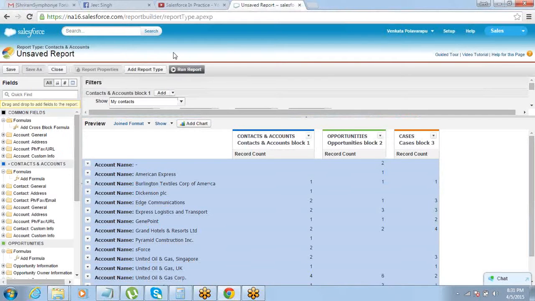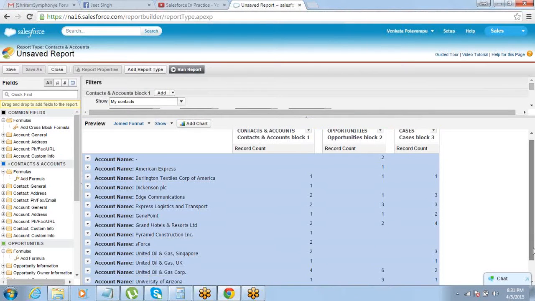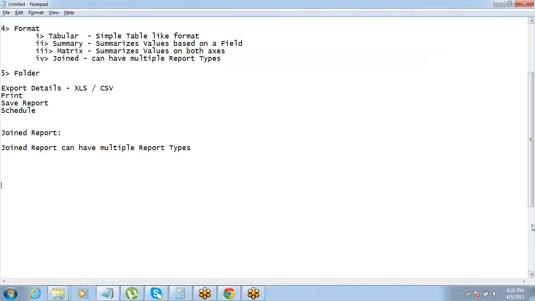Right. So now we go into our next thing, which is dashboards. So we have talked about reports. Now we will start talking about dashboards. Dashboard is the simpler part. The concept is basically used in creating a report.